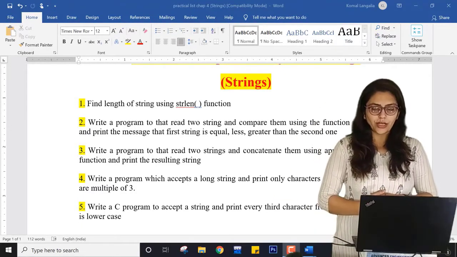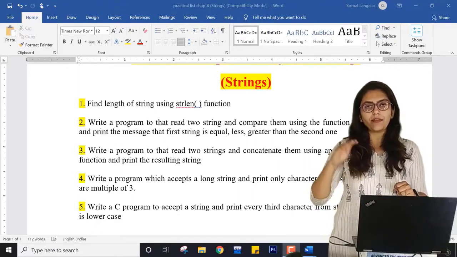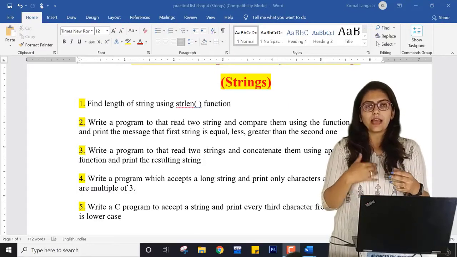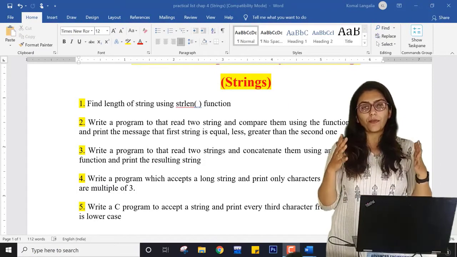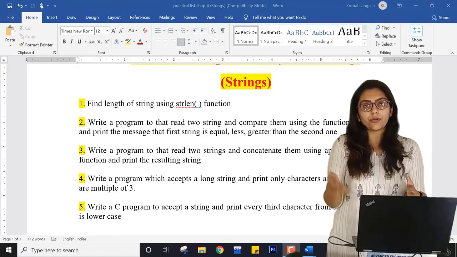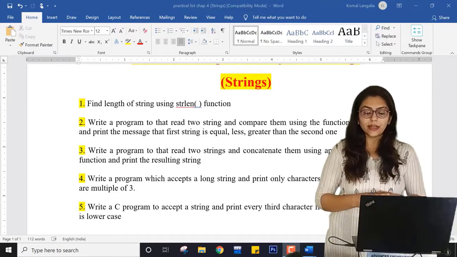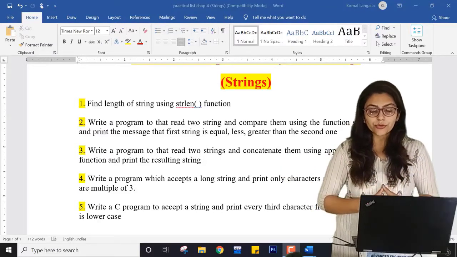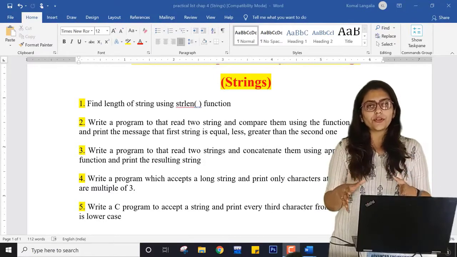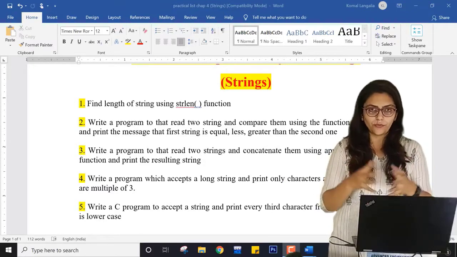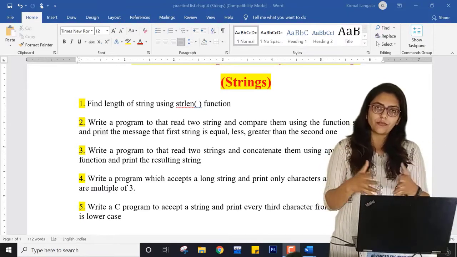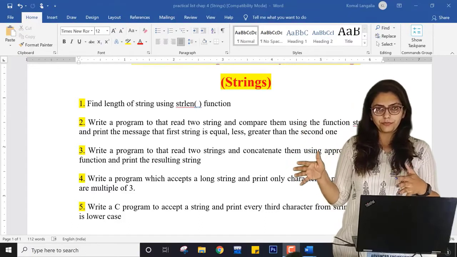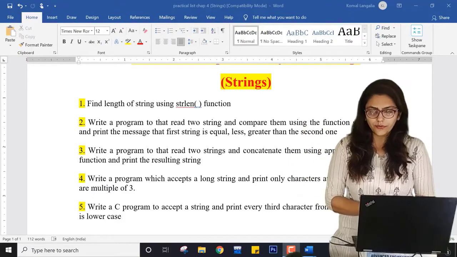Now one more thing I want to tell you: whatever function you have implemented by using a default function, like you have reversed the string by using strrev, you can also perform this task or program even without using the default function strrev. Suppose you want to reverse the string, find the length of a string, or compare two strings, you can do this by using default functions, but you can also do this without using those default functions. So if you want to practice string functions, then please try to do all of those practicals without using the default functions.